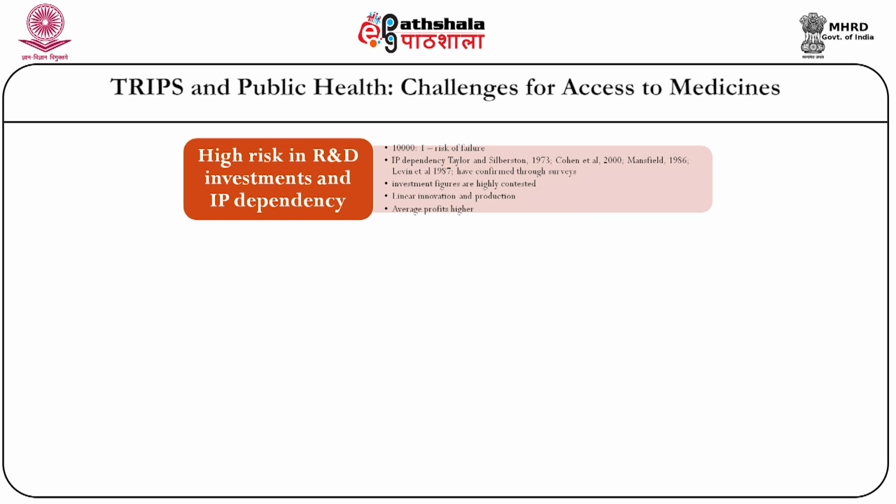IP dependency in case of pharmaceutical innovation is largely affirmed through various market surveys by Taylor and Silberstein, Cohen, Mansfield and others who have done multi-stakeholder surveys to find out the importance or the relevance of patent protection in the pharmaceutical industry. So, these surveys affirm the role or the positive role of patents in case of pharmaceutical